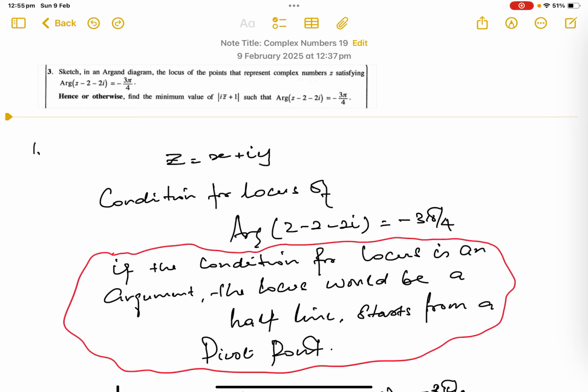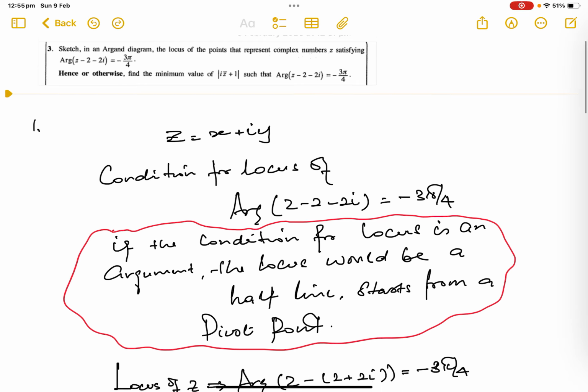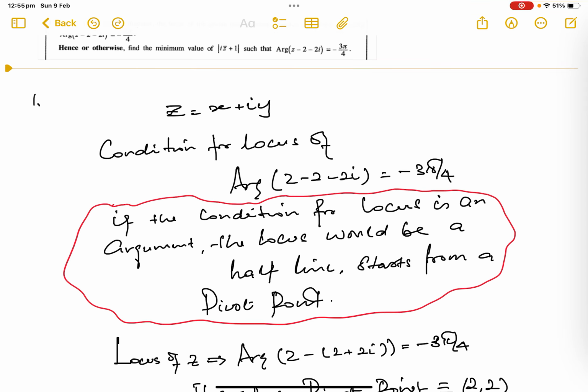Let's start with the first part. Find the locus of z with that given condition. z is x plus iy, the standard form. And the condition given is argument of z minus 2 minus 2i equals minus 3 pi by 4. So the first part is given,